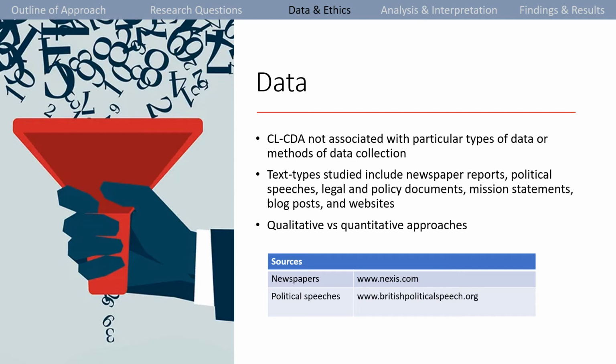Alternatively, however, you may want to work with a much larger collection of text to explore in a quantitatively meaningful way the extent to which a particular pattern of representation is constitutive of, or how it is distributed within, a given discourse. This is the strategy pursued in a lot of cognitive linguistics CDA research into metaphor.